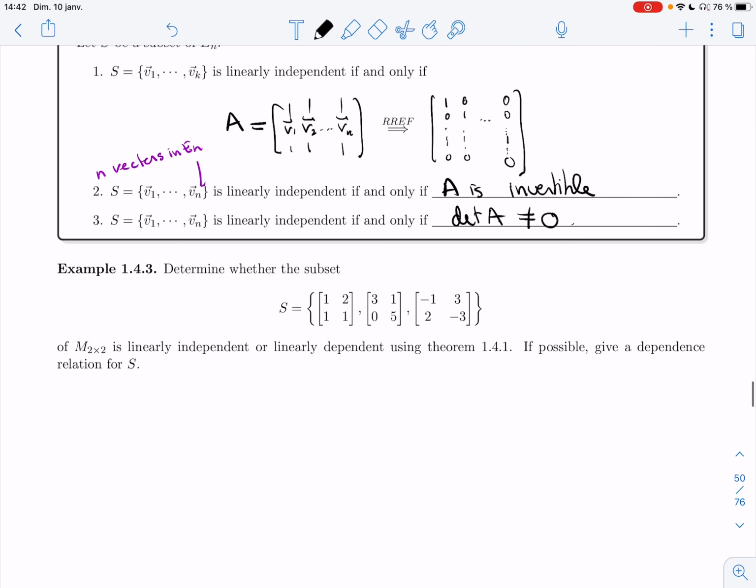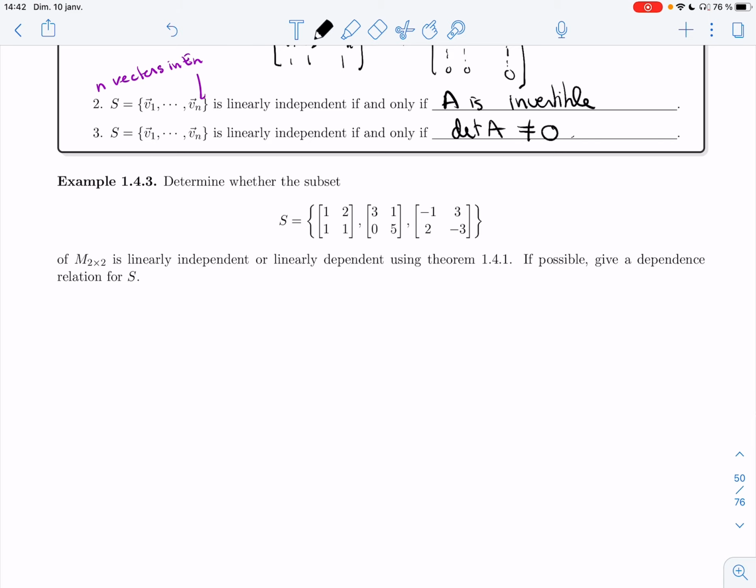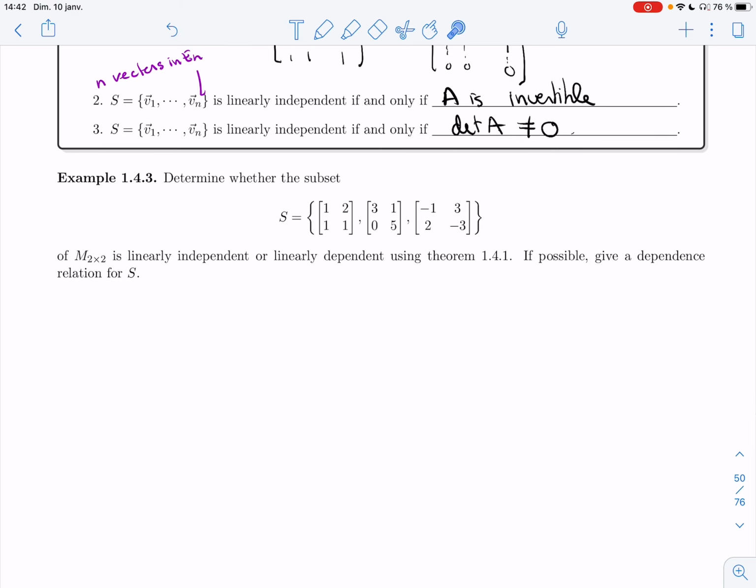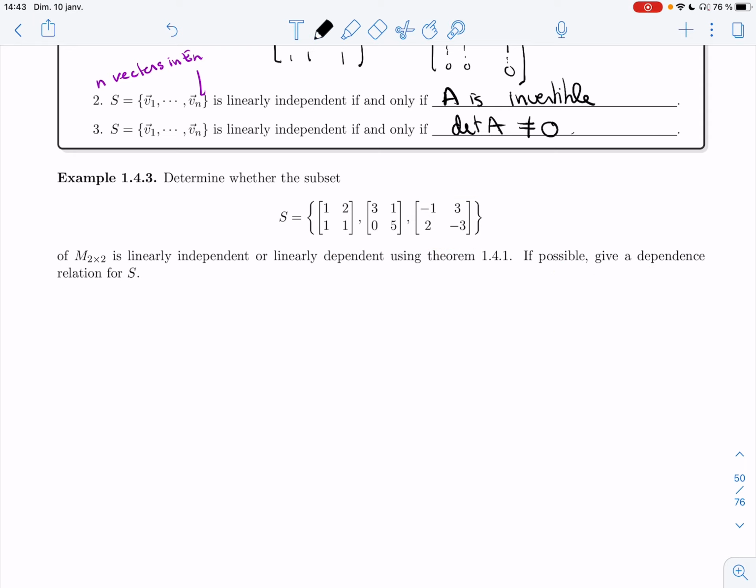All right, now let's try examples that are not in Rn that live in more general vector spaces. So let's try one with matrices here, and then in the next video we'll try one with functions. I want to know whether the subset of these three matrices is linearly independent or dependent, and I'm going to use theorem 1.4.1, the one about number of solutions. If possible, give a dependence relation for S. So I want to know how many solutions